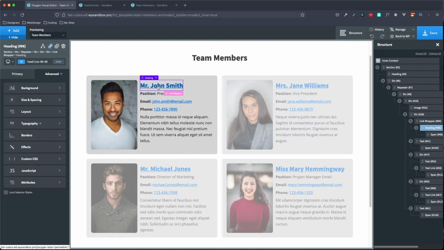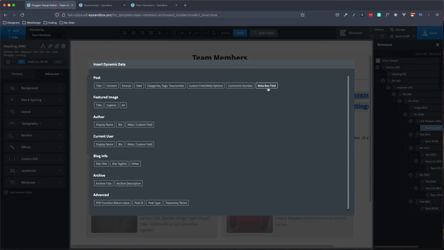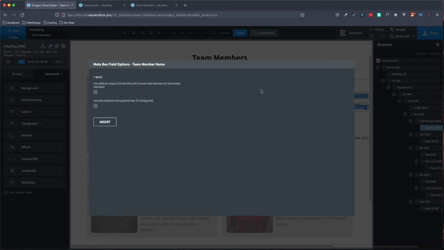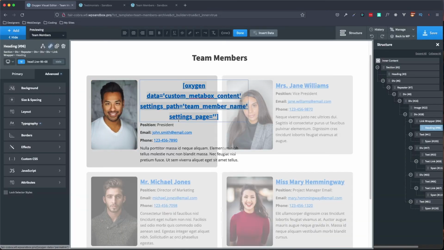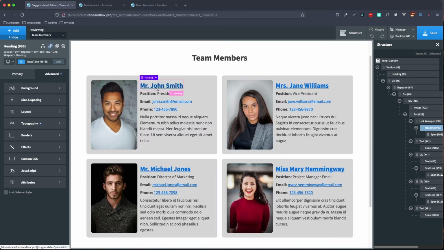And for this data, if we double click this, we come up to insert data, click our MetaBox field, and we want our team member name. So let's go ahead and find that here, which is this one. And we're going to insert and then click done. And you can see that's still there. We'll work our way down to our next field here,